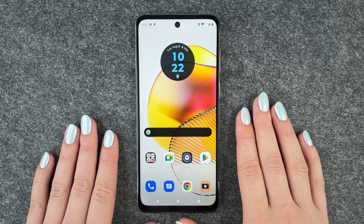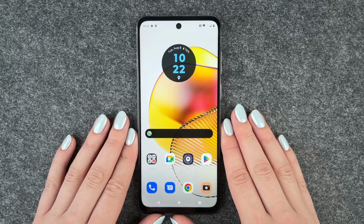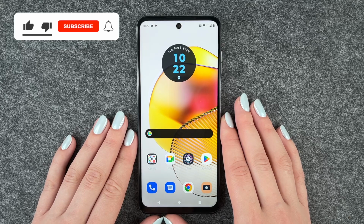Hi buddies, welcome back, it's Anne-Sophie, and today I'm going to show you how you can block numbers on your Motorola Moto G73 5G. Maybe you get a lot of spam calls, or maybe you have a specific person that you want